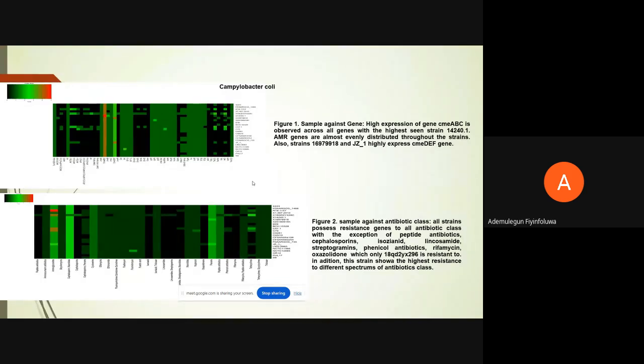Thank you, ma'am. Here are the results for Campylobacter coli. You can see that the red in color, which is the highest seen strain, that is 142401, has the most AMR genes and is highly expressed in the JZ1. And Figure 2 is sample against antibiotic class. Here the red in color shows the